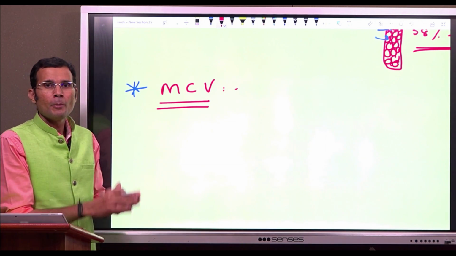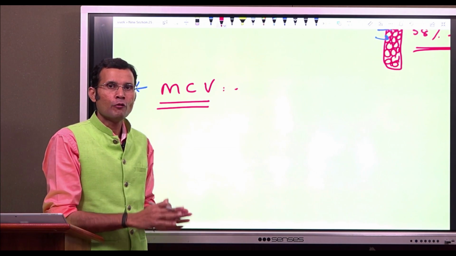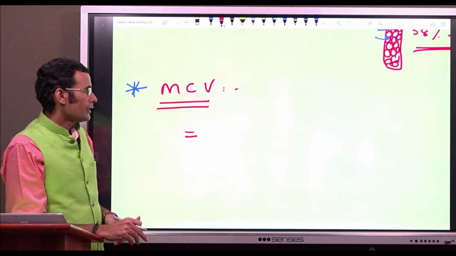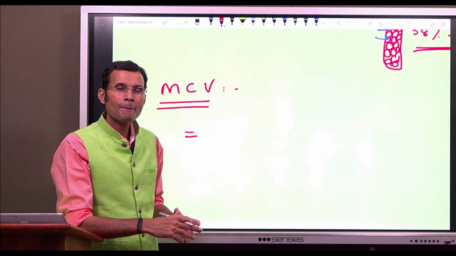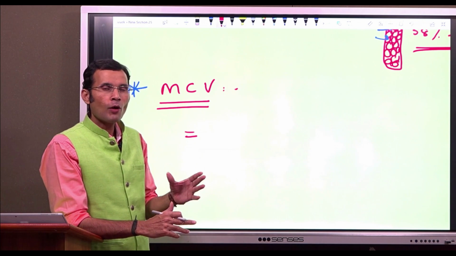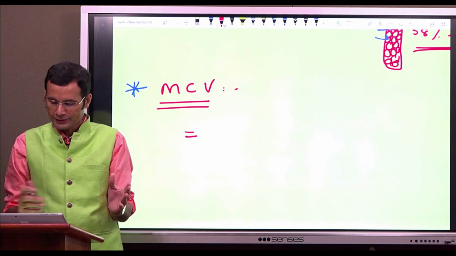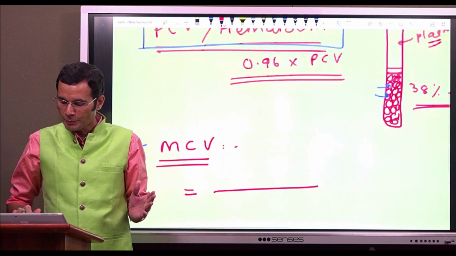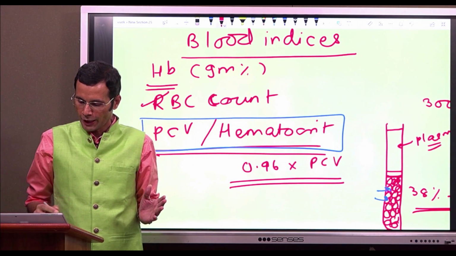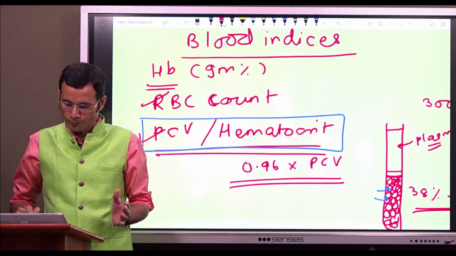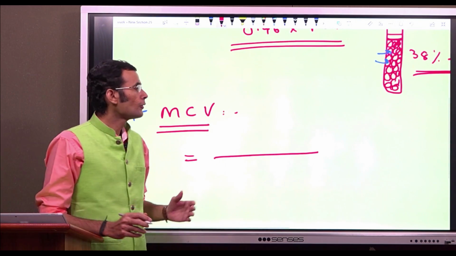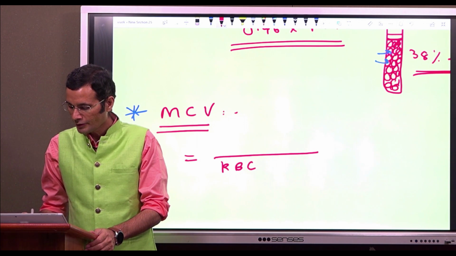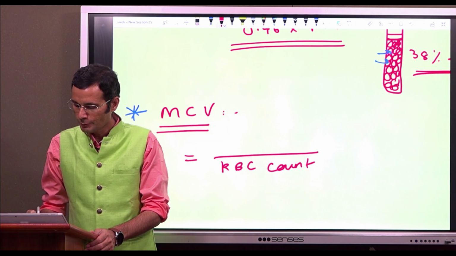That's called mean corpuscular volume. How is it calculated? Well, easy. Take a unit quantity of blood, and perform the RBC count and the packed cell volume. So, if these many RBCs have this much volume,